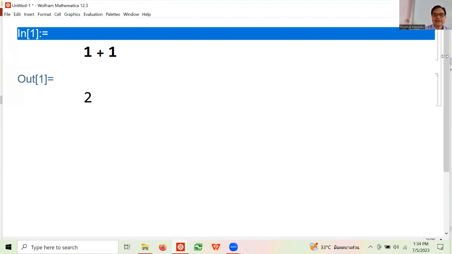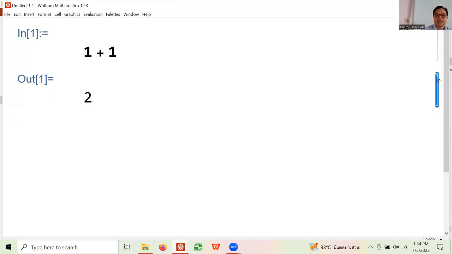Now look to the right side. There's this thing called kernel. Do you know what kernel means in English? Kernel means seed, right? So this is like a little seed. The seed, this is input. You just say 1 plus 1 and you get 2. And notice there's a bracket that says, okay, together.